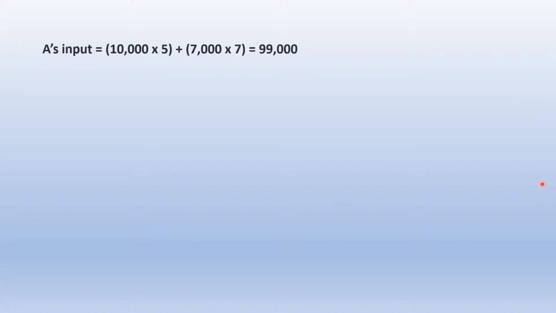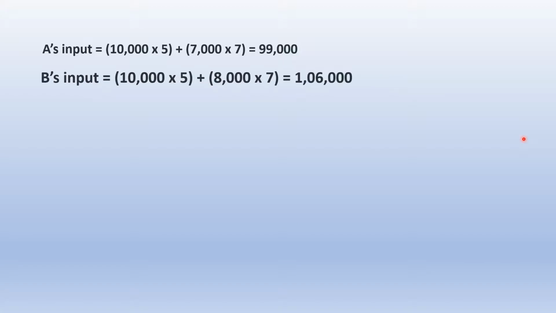So for A, invested 10,000 rupees for the first 5 months, then he withdrew 3,000. The remaining 7,000 amount is invested for 7 months. So the total contribution is 99,000. For B, he invested 10,000 rupees for the first 5 months and then he withdrew rupees 2,000. The remaining amount is 8,000 and this amount is invested for 7 months. So the total contribution is